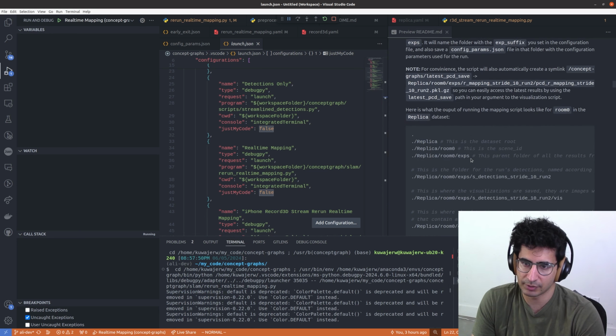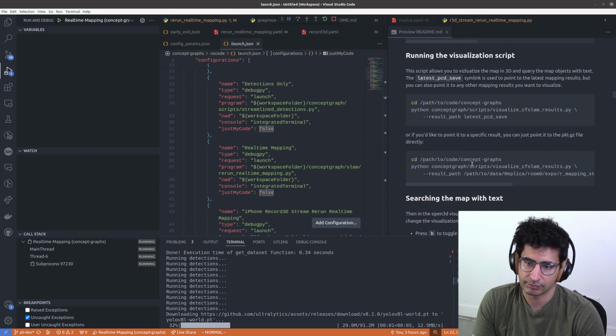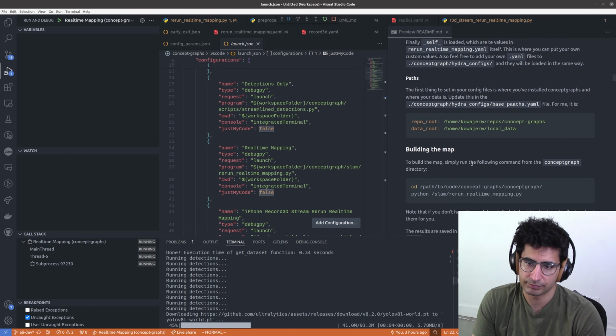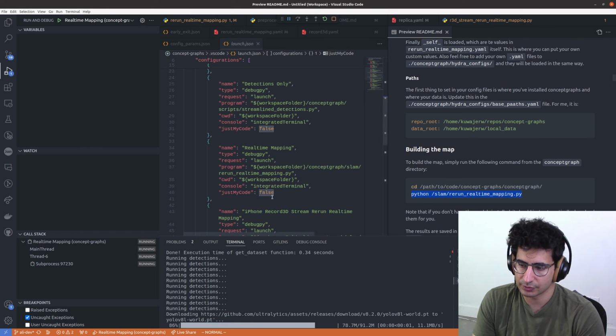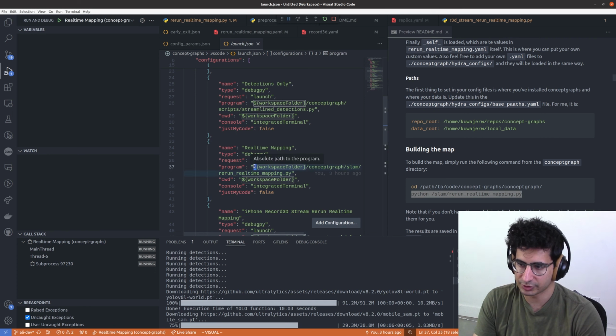And this will launch the exact same code, but in the debugger. So this is equivalent to running this command from the README. So because we're running now from a different folder location, this is running from the workspace folder as root,